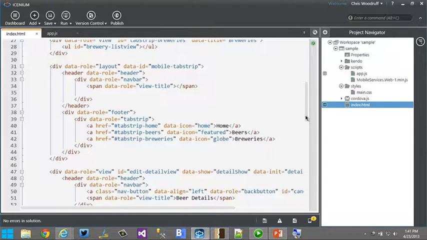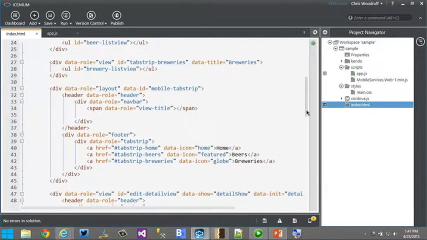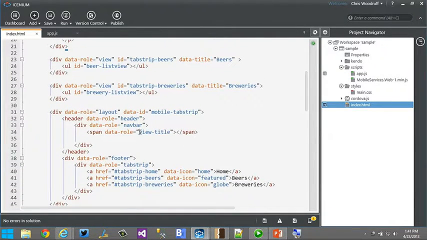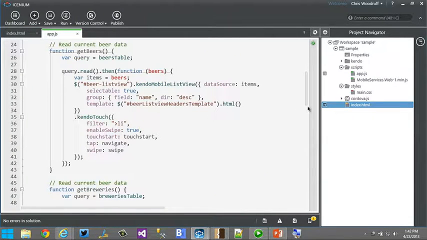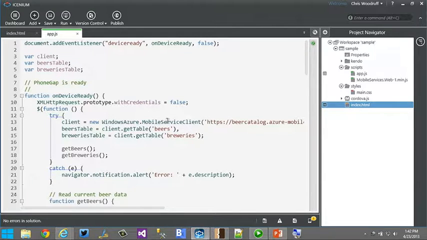We also have some stuff like some edit views down below that we'll look at if we have time in a few minutes. But just by having this bit of HTML, we can go back into our back end, which is our JavaScript, and we can build out our application, our business logic in the back, the call and the getting of our data. So again, we're going to be using on device ready to know when our device is ready to be